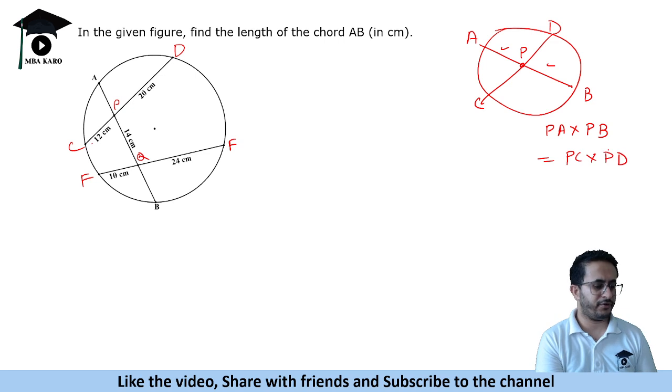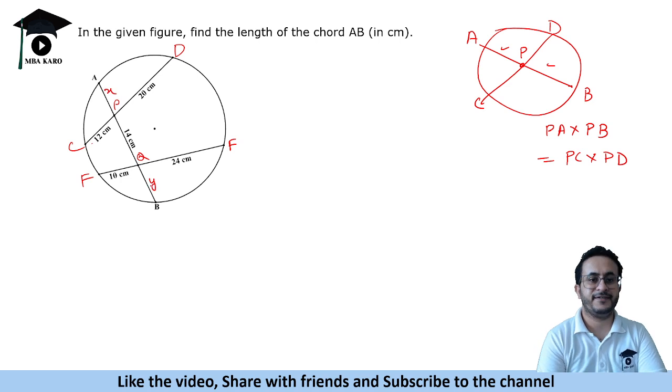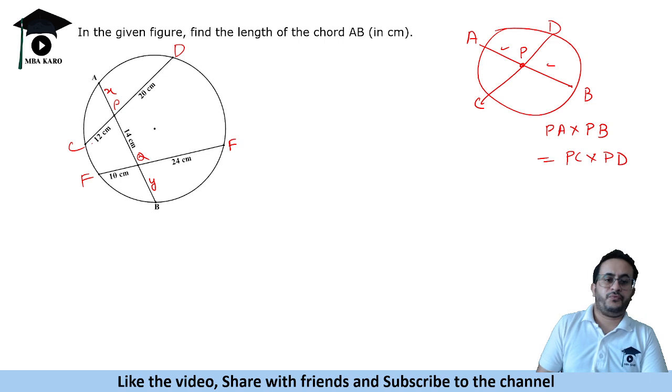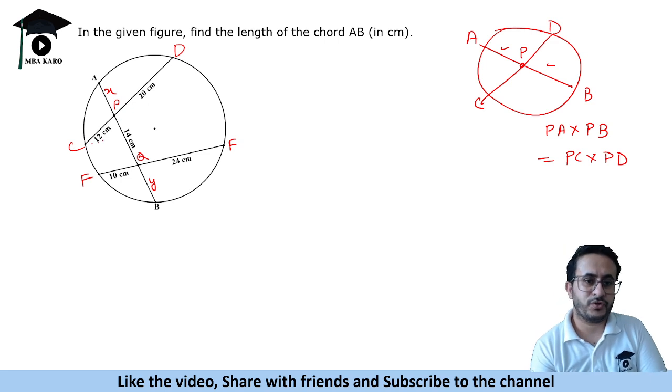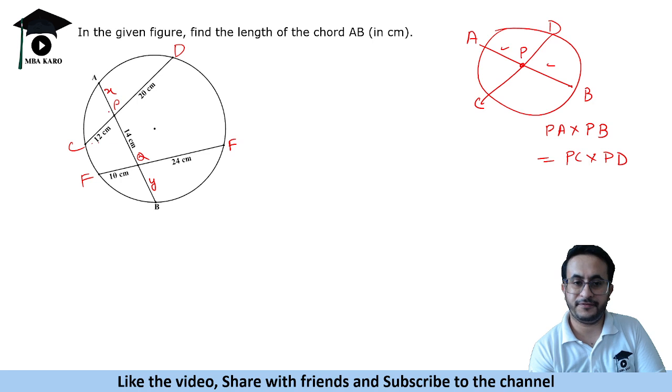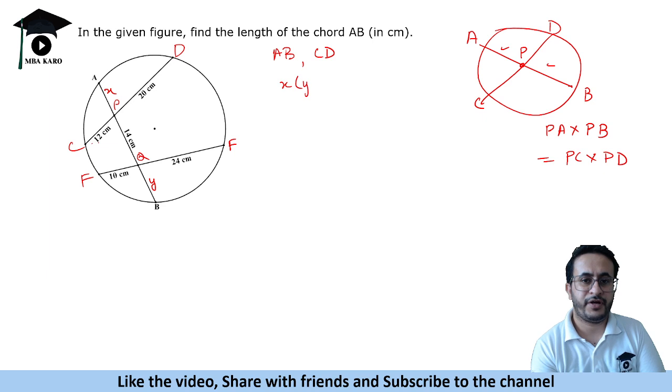So that is the theorem of chords. Now what we will do is, let us say this length is x and this length is y. One thing that you will notice is, we will apply this theorem on these two chords, AD, AB and CD. When we apply this theorem, it gives us x into y plus 14 equals 12 into 20, which is